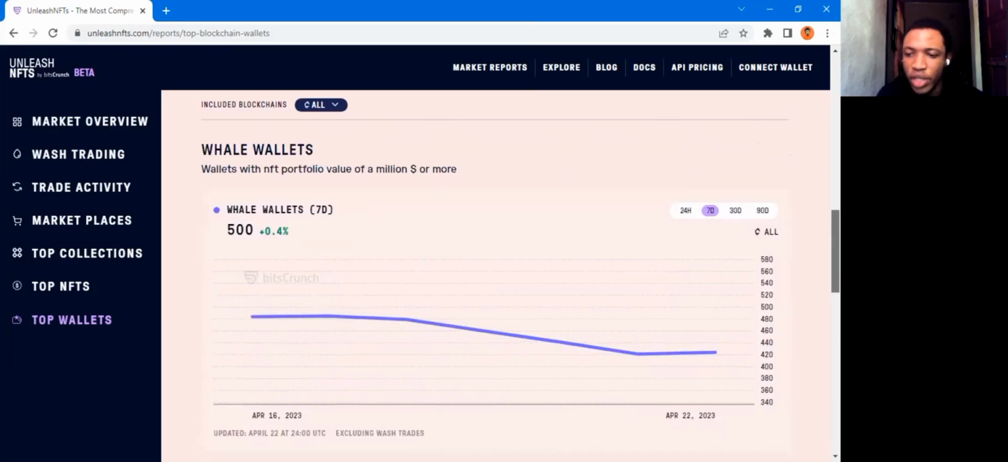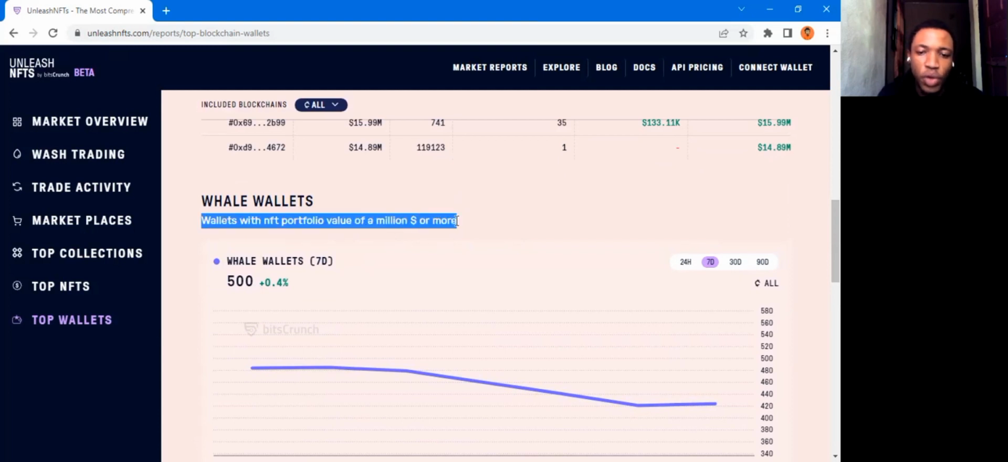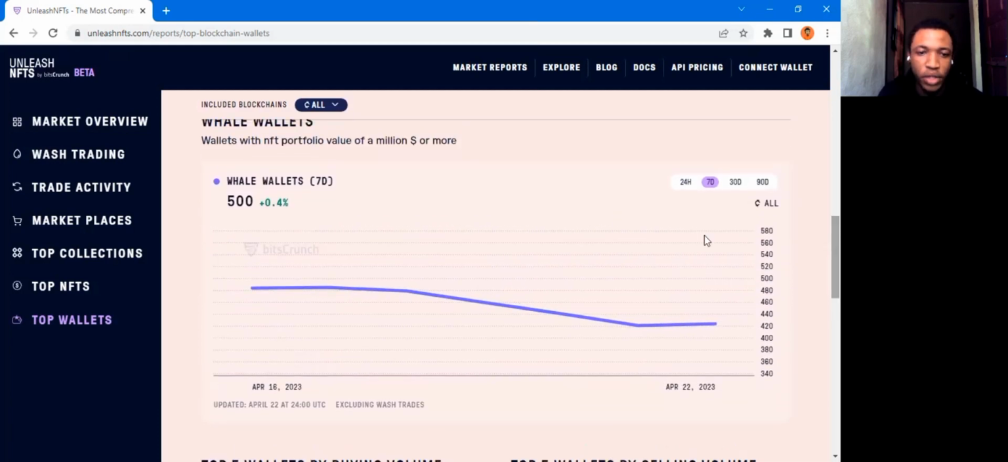Then scrolling down a little bit, we see the graph for whale wallets. Whale wallets are wallets with an NFT portfolio value of more than $1 million. As of right now, there are 500 wallets with an NFT portfolio value of at least $1 million. And scrolling down,